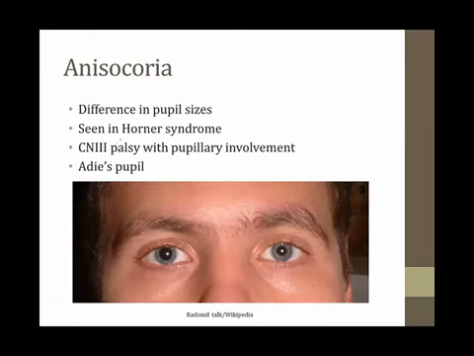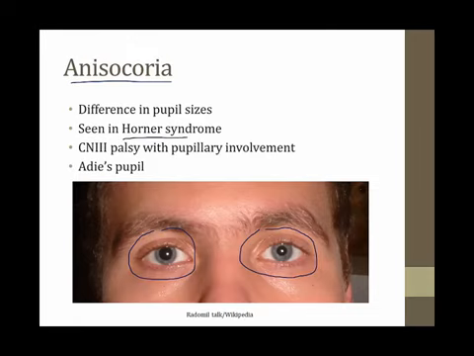The Horner syndrome is one of many causes of anisocoria, which is a difference in size of the pupils. If you look at this picture on the screen, this man has a large pupil on one side and a small pupil on the other. That is anisocoria. This can be seen in Horner syndrome. It can also be seen in cranial nerve 3 palsy with pupillary involvement. You can also see it in Adie's pupil. Depending on the cause, either the large or small pupil may be the abnormal one. So in Horner syndrome, the small pupil is the one that is abnormal. In a patient who has a cranial nerve 3 palsy or Adie's pupil, it is the large pupil that is